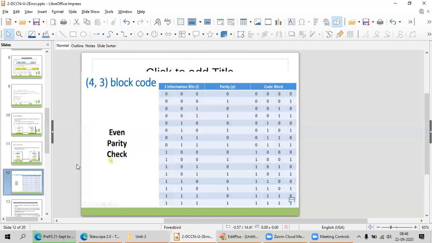If I am considering only even parity, in that case I am going to get all zeros. The number of ones in that particular code word must be an even number. In that case, I am going to accept it. If it is an odd number, I am not going to accept it.